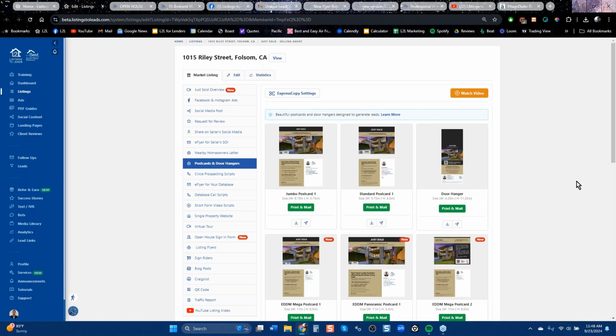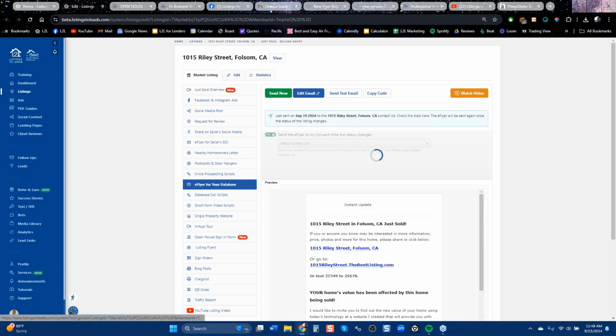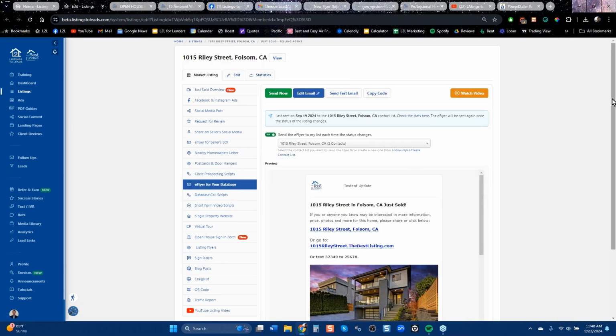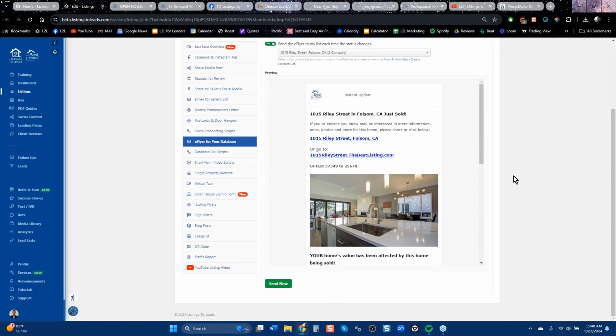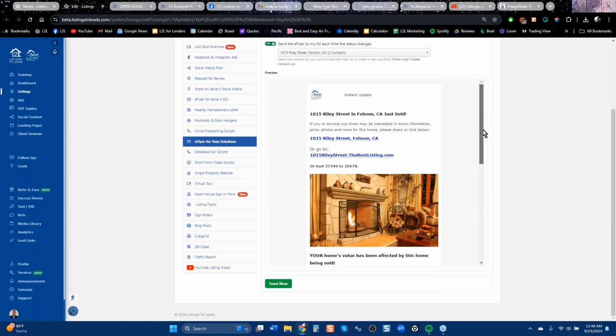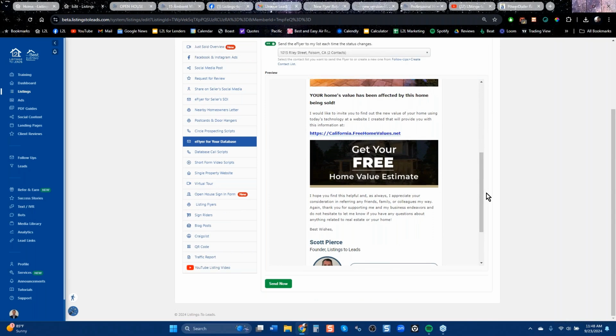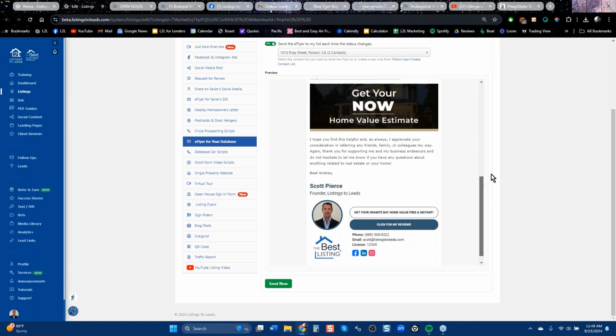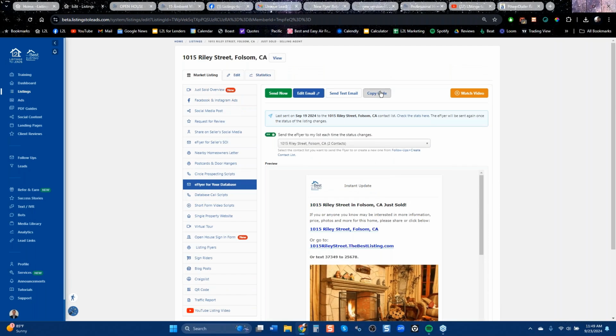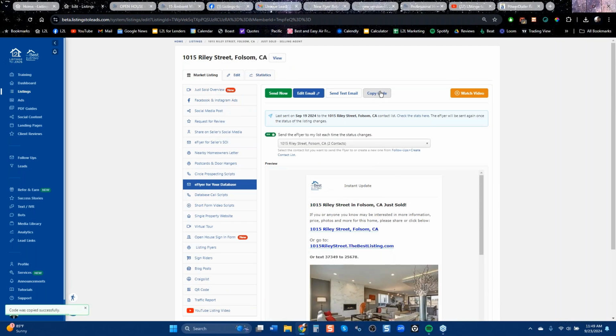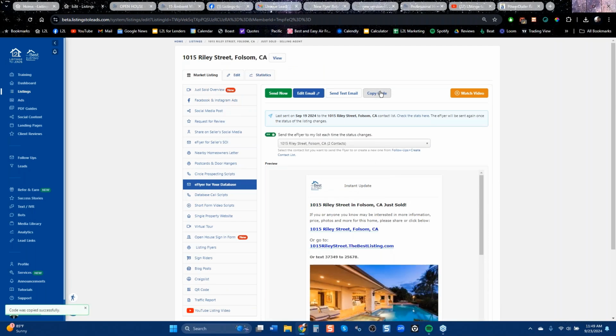Okay. Now, whenever you see the words e-flyer for your database, if you are somebody sitting on hundreds or thousands of leads in your CRM, notice this says just sold. You click on that link or that photo, you're going to become a seller lead. Every flyer always says it's going to affect your home value, and that's going to drive to this page. And you know that page also gives you a home value. It's got a few other links that can capture leads for you down here. All you got to do is copy and take it over to your CRM, paste it, and blast it out.